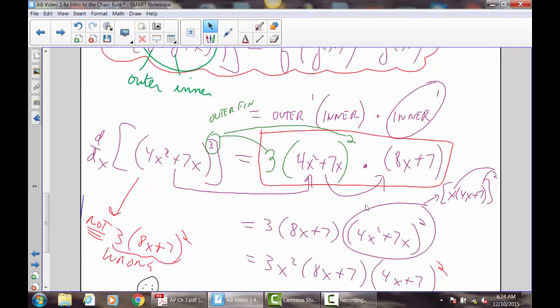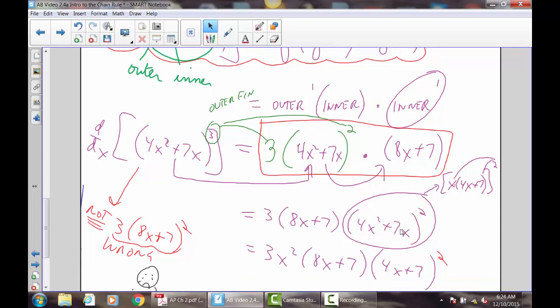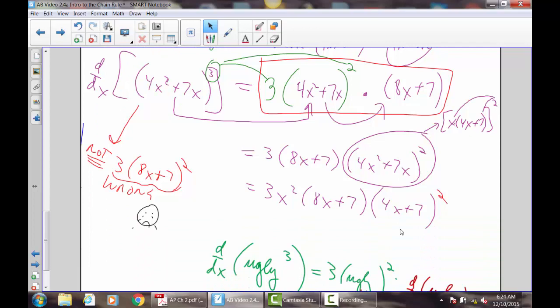Now, if I just rearrange it a little bit here, that's all I did. I didn't do anything very much more exciting than that, other than the fact that there is a common factor of x here. If you factor it out, that's x squared times 4x plus 7 all squared,